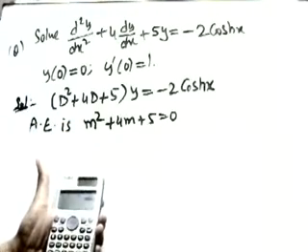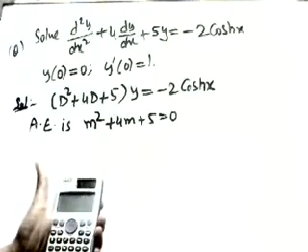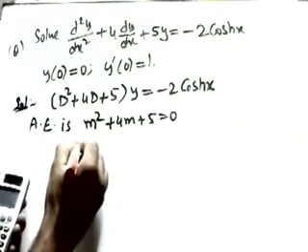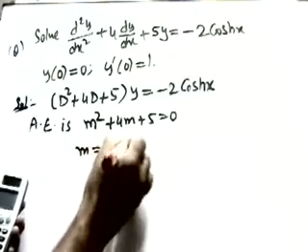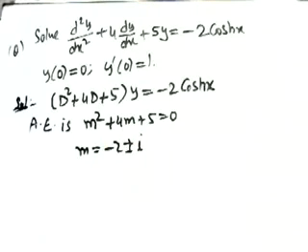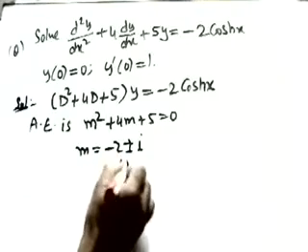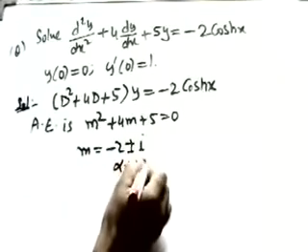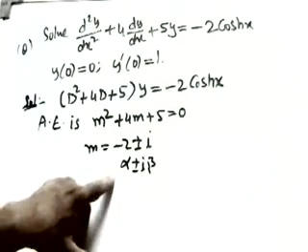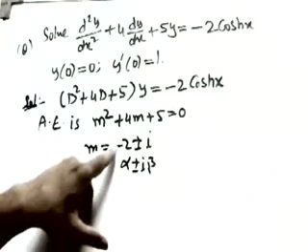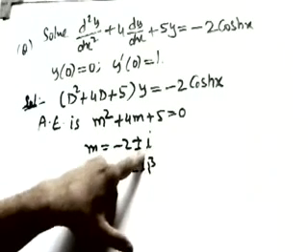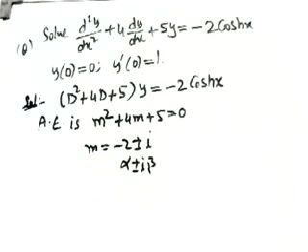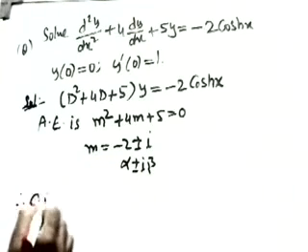So 1 equals to, next one is 4 equals to 5. So let me see this one. We are getting imaginary roots, m equals minus 2 plus or minus i. When we get imaginary roots, the method is we suppose this as alpha plus or minus i beta. So alpha is minus 2 here, beta is 1. Therefore